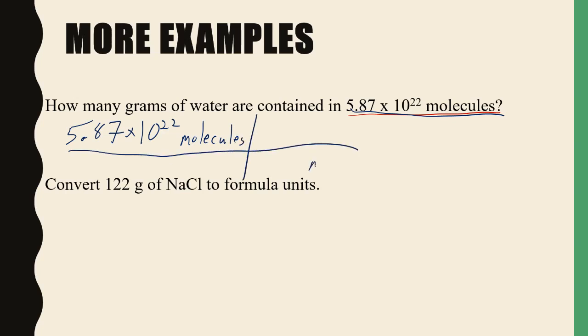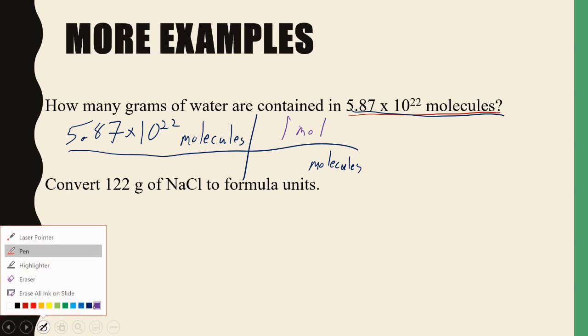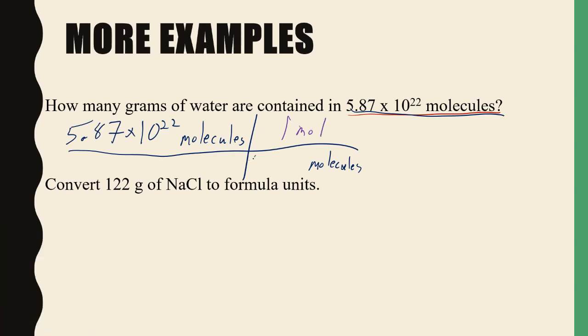And molecules will need to go to moles. And moles is always 1 mole, regardless if it's from Avogadro or the periodic table. So 6.02 times 10 to the 23rd of those. That's moles, but we need grams. We're not there yet. We need to go grams. So this is a second step. And for every 1 mole